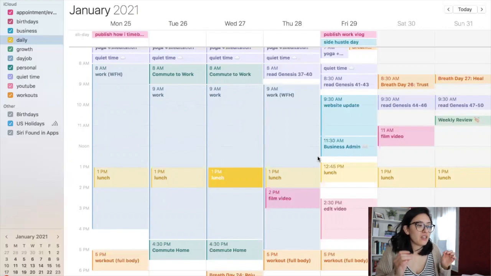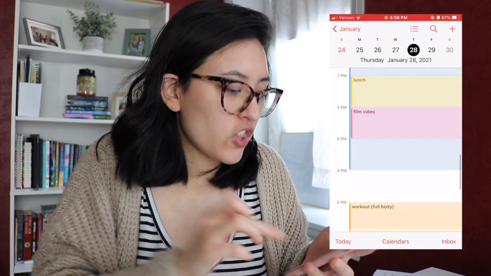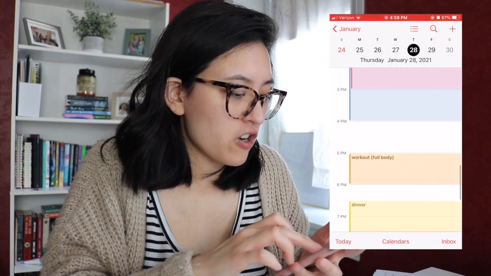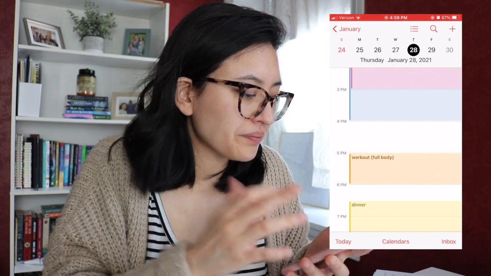But I really just like getting all of my weekday tasks and time blocks in there on Sunday, because I don't want to have to fiddle around Monday night putting things in here. I just want to know that it's already there, and if I need to change things, I can just swipe them. So say it's Thursday and I'm looking at my phone